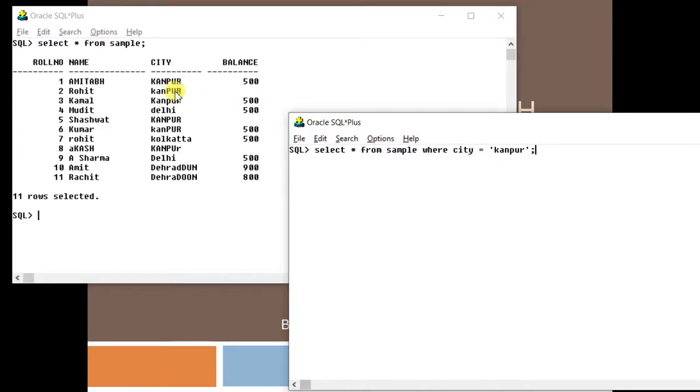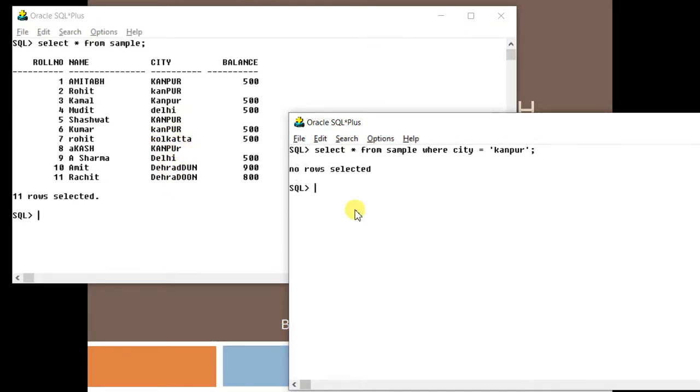Here it is written in capital letters, here in small, so this will not be matched. Next, here KAN is small but PUR is capital, so it will not be matched. Then this is also K capital, it will not be matched. Delhi will not be matched, this Kanpur will not be matched, this will not be matched.